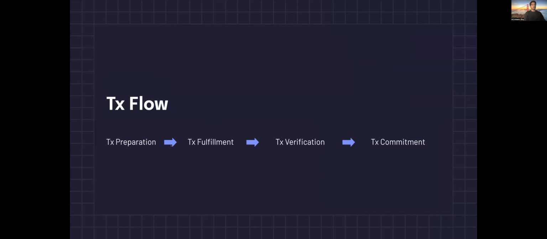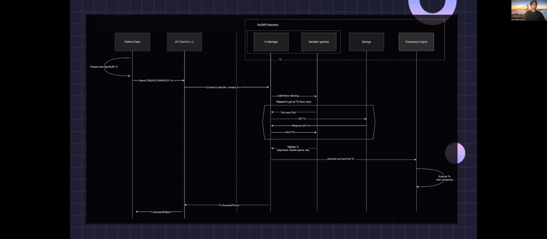So how does the transaction flow? First we prepare the transaction, and then we fulfill the transaction, which is signing the transaction, and then there is a verification of this transaction, which happens on the server side, and finally the commitment. Right. So if we see this in a time graph or time flow of events,